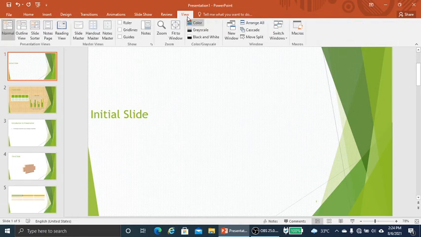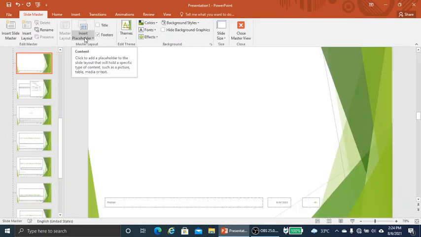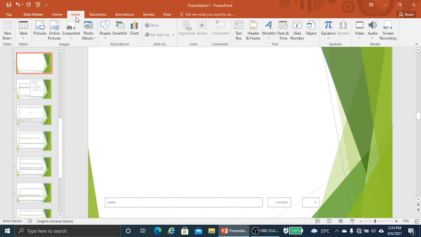Under the view tab, we'll click the slide master, then we'll switch to the insert tab. Now in the insert tab, we'll click the shapes.